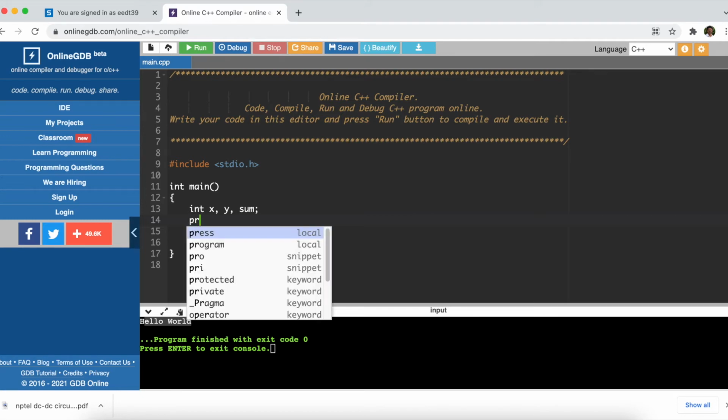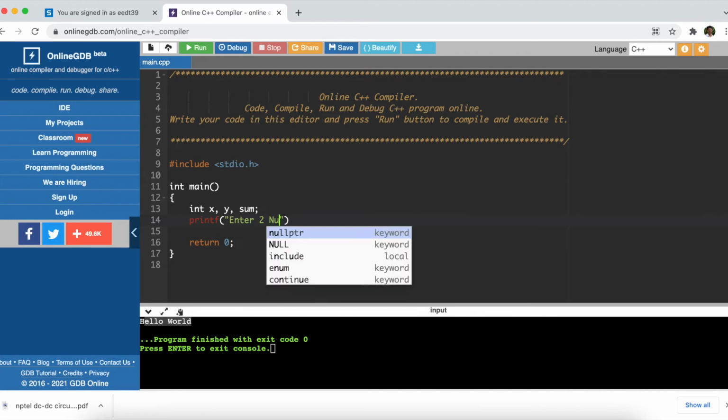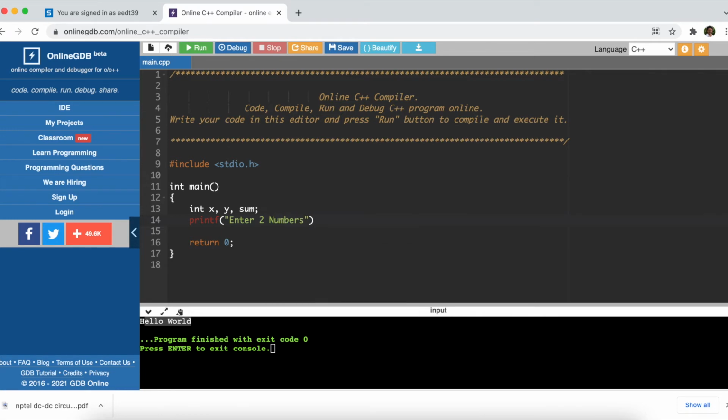To do that, we'll write printf in double quotes. Let us ask him to enter two numbers, and we'll end it with a semicolon. Printf and scanf should end in a semicolon. Since we are getting it dynamically, during runtime, we will use scanf.